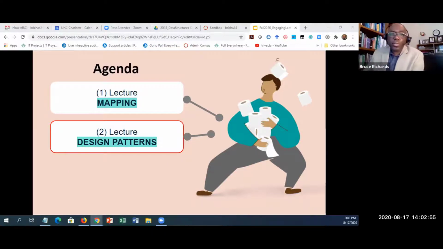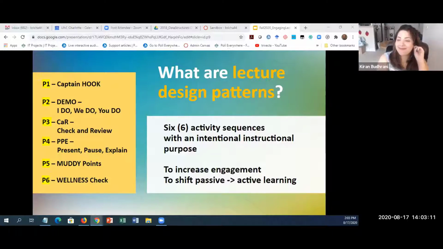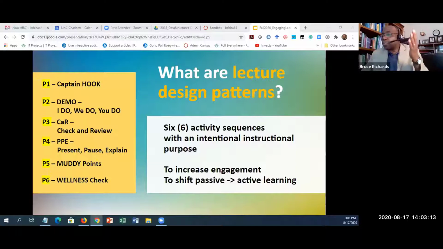So design patterns, see them as a purposeful or intentional way of delivering your content. And as Kiran noted, we have 6. They're based on engagement, but more moving away from that passive delivery to an active participation between you and your students.